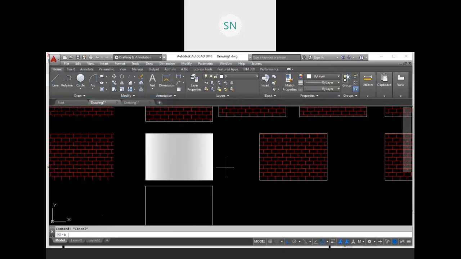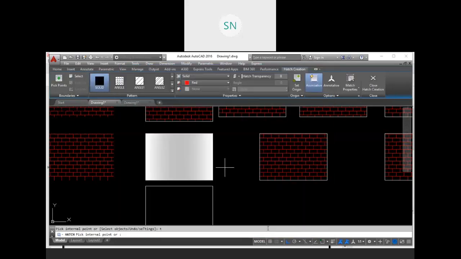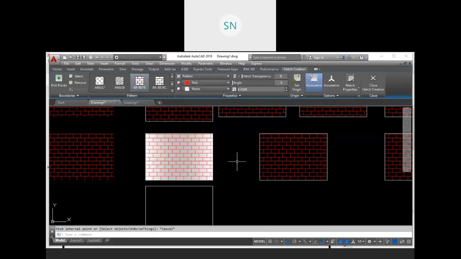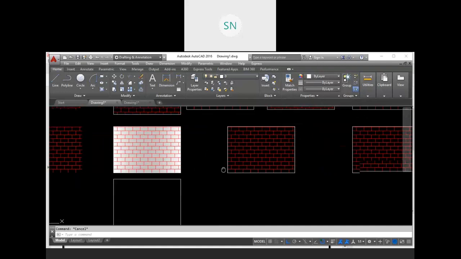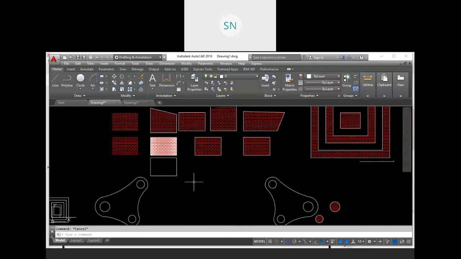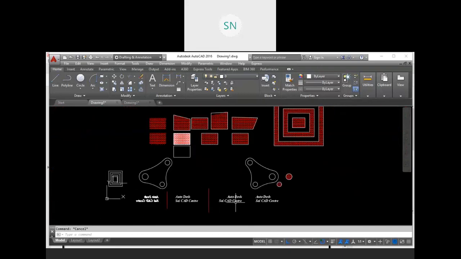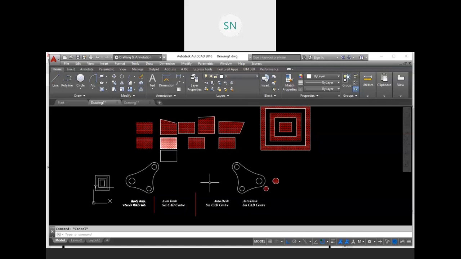You can also place hatch on gradient. Again hatch, instead of solid, let's choose this brick pattern with red color here. See, we have two things, hatch and gradient. So in this way we can do some combinations in our drawing and provide a proper annotation with text and hatch. Last we have dimension that we will discuss in our next class. So you will get complete knowledge about 2D drawing.